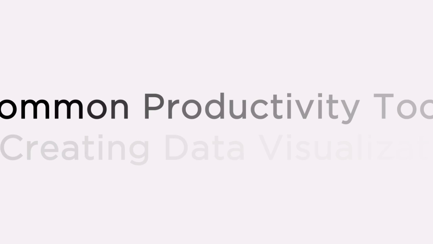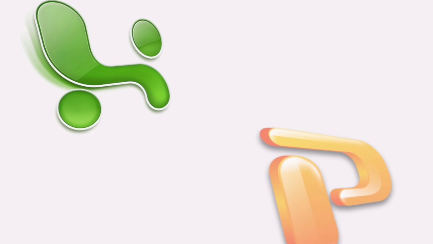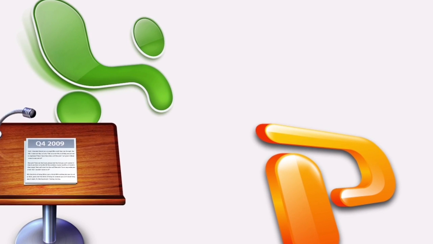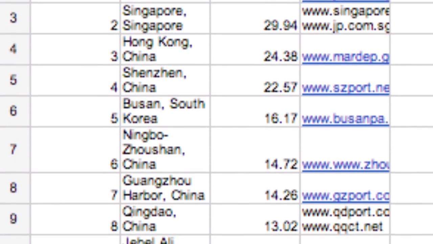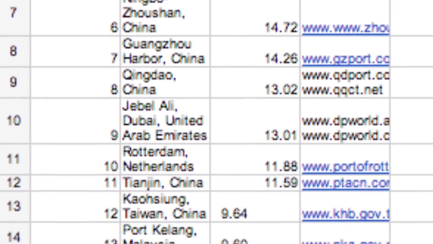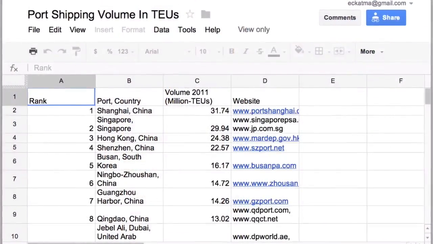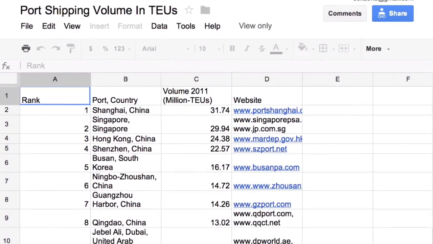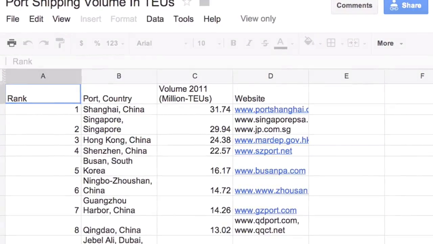In this lesson, we're going to look at exploring common productivity tools to create data visualizations. I'll introduce you to the basics. These include Excel, PowerPoint, Keynote, and Google Charts. All of these different tools start to break down when you use a lot of data. So in the exercises, we're going to use really tiny data sets because the point here is to make sure that you become familiar with different tools rather than be overwhelmed by the amount of data that you might be